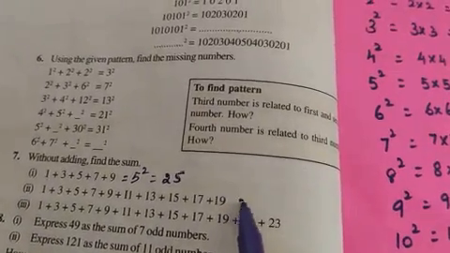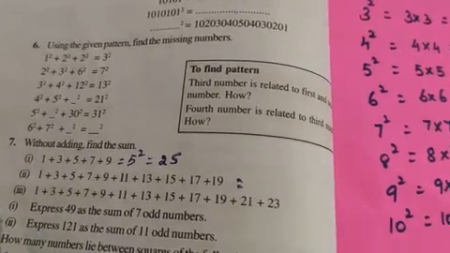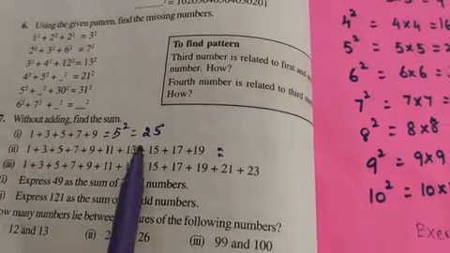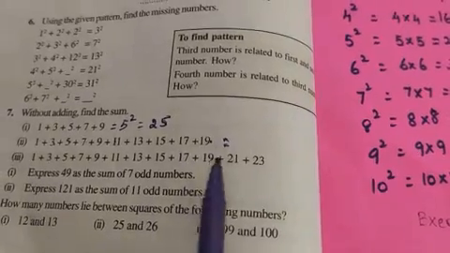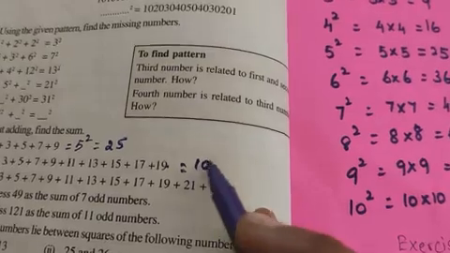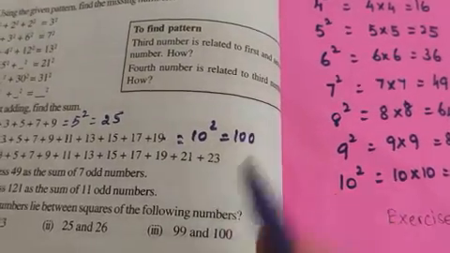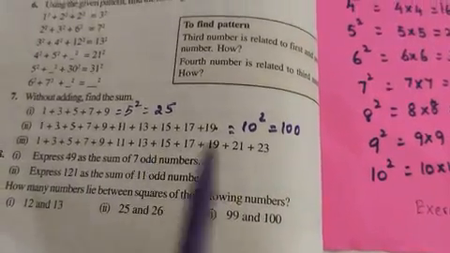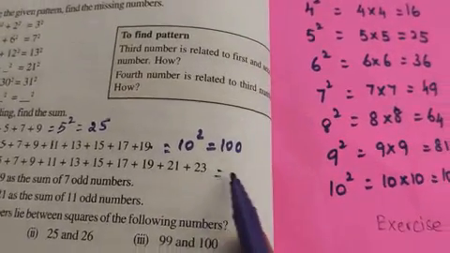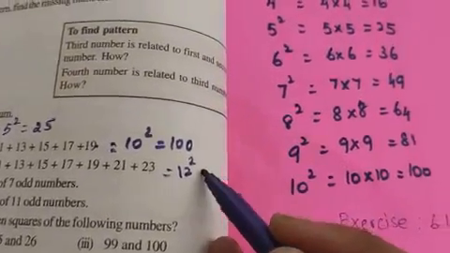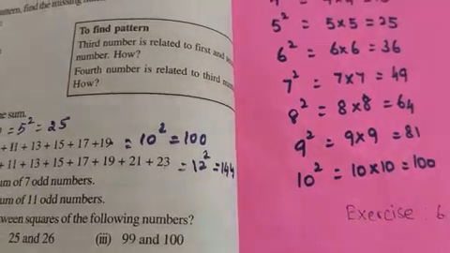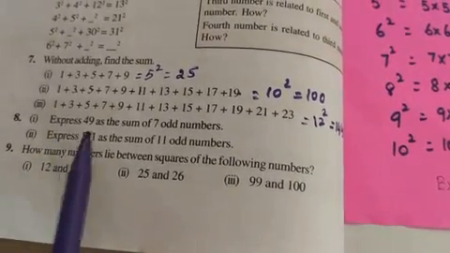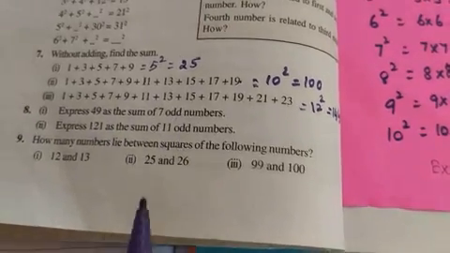The same way you can find out. If it is a simple number, 5 numbers, easily you can say. Here you see how many numbers are there? 1, 2, 3, 4, 5, 6, 7, 8, 9 and 10. 10 squared is equal to 100. Again, the third one you can solve it. Here 10, 11 and 12. So it is 12 squared, that is equal to 144.